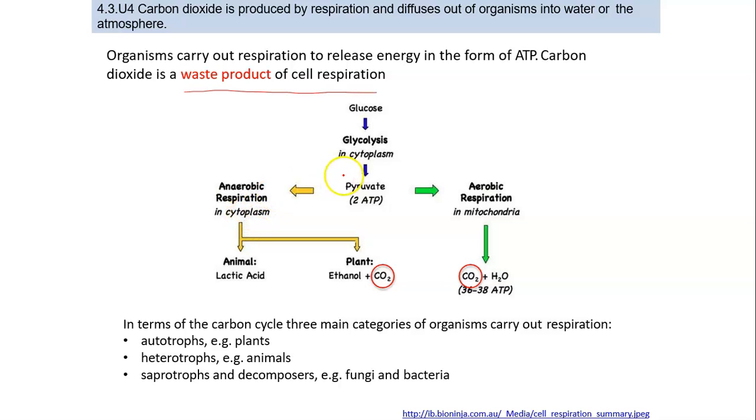In both cases, aerobic respiration or anaerobic respiration, you will see the production of carbon dioxide. In animals, we will have lactic acid after anaerobic respiration. This is what happens in our muscles. And in plants, we will have ethanol plus carbon dioxide. And in aerobic respiration, of course, we will have 36 to 38 ATP plus water and carbon dioxide,